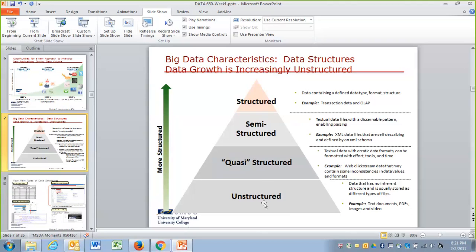It's not the same to look for insight in what would be semi-structured data, like an HTML file, because there is some schema in the HTML file.